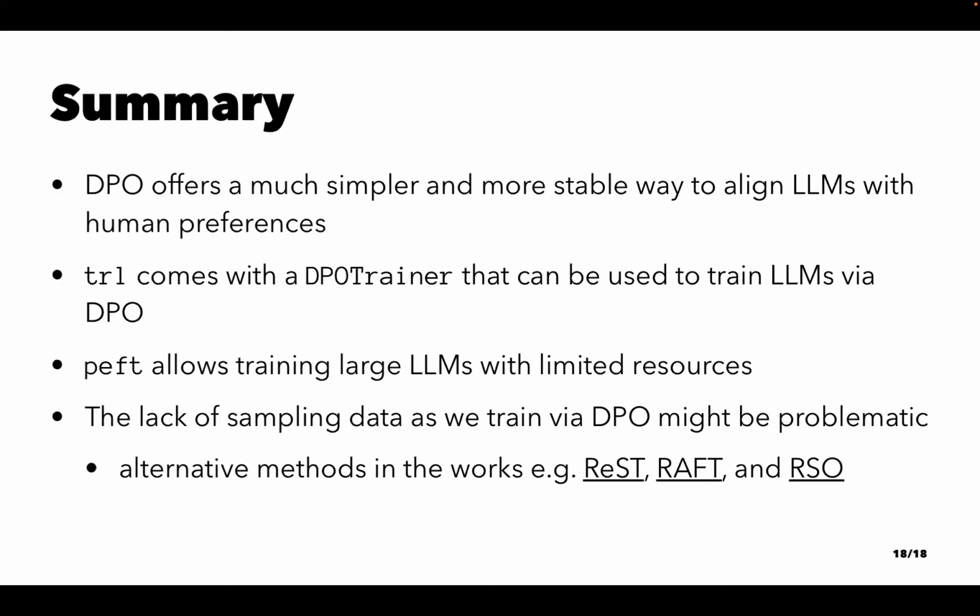The DPO itself deals with static data, and there's no sampling afterwards. In, I believe, RSO, you sample and then filter out, throwing away data that you know has low reward. It's not going to help you, and you generate more data that has reward. You generate more data from the model, and you test it with a reward model. But all those things need a reward model, or some preference model, a ranking model.